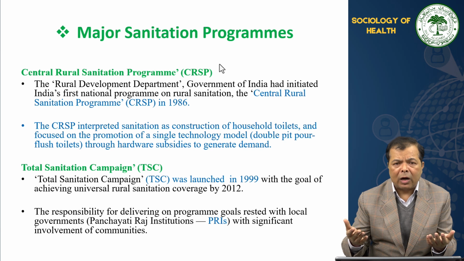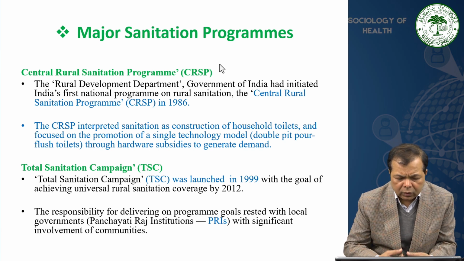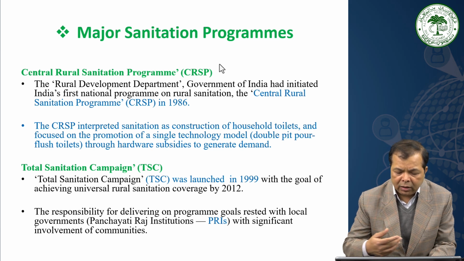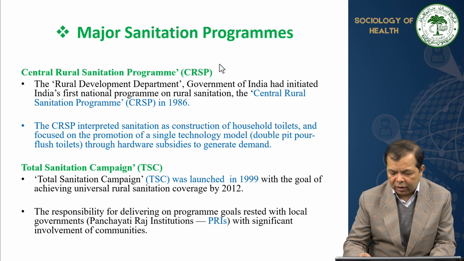So there are several programs like the Central Rural Sanitation Program, CRSP. This was started in 1986. Then the Total Sanitation Campaign, TSC, was launched in 1999, right? And these programs had some kind of success, but